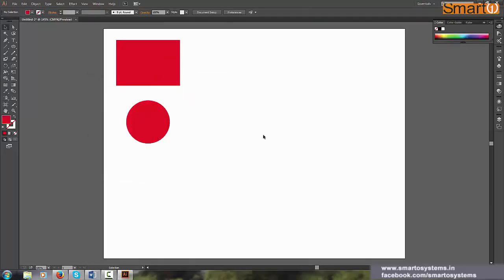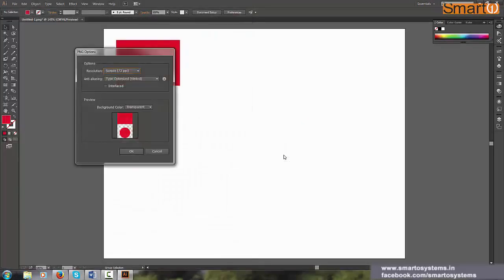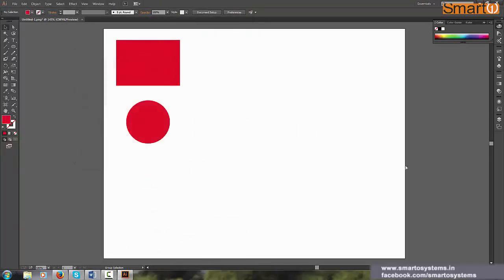So right now I am exporting. Let's export in another file format, as Untitled-1, and export. It is asking for some settings. Just ignore them right now.